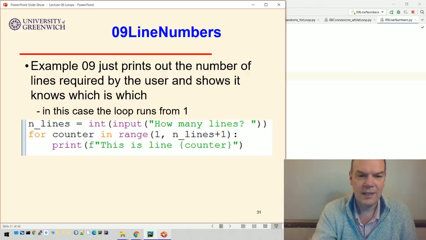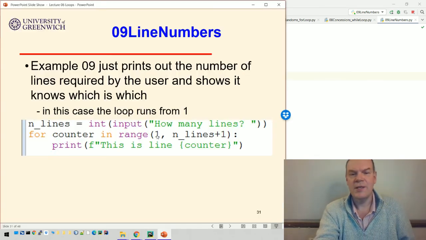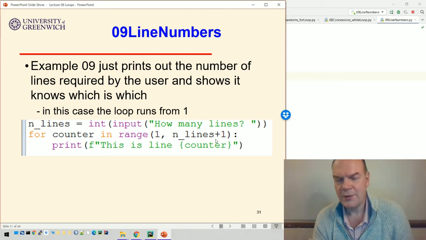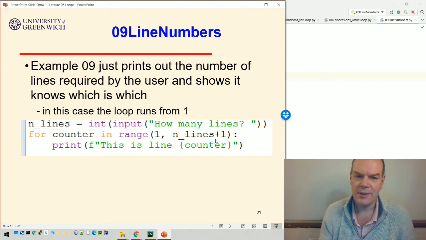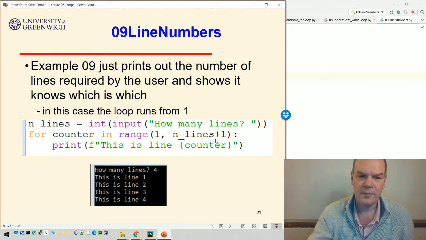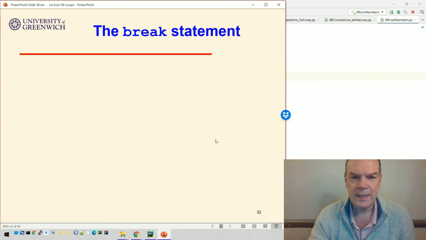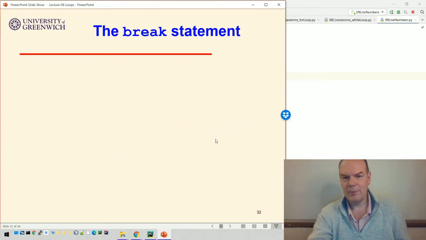And notice, just in this case, I've set the range going from 1 up to n lines plus 1. So if I ask for 3, the values that range returns are 1, 2, 3. If I ask for 10, the values are 1, 2, 3, 4, 5, 6, 7, 8, 9, 10. Okay, so the break statement would be if I wanted to jump out of that loop before it